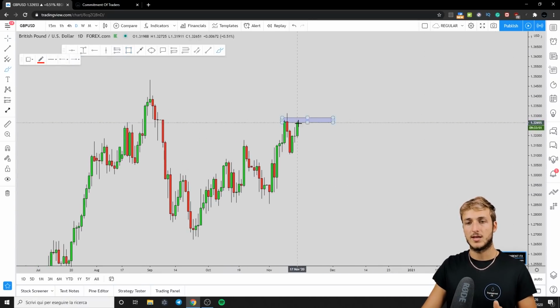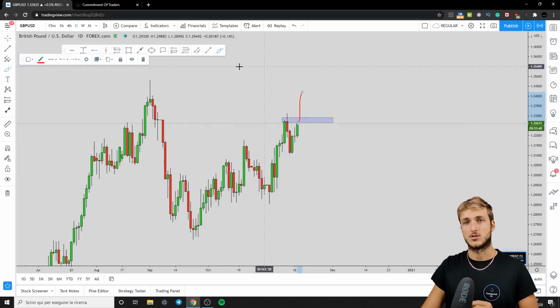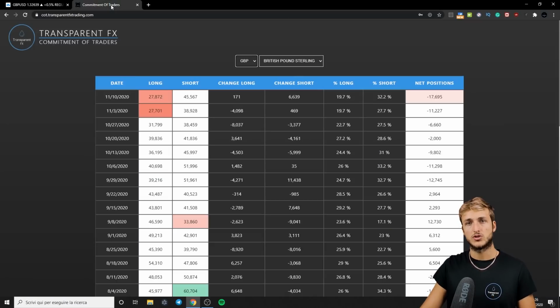So what we have here is the probability of creating either a double top or breaking the zone to the upside. So how we will be approaching these different situations and how we can be looking for the next opportunity on it. Now, before I show you that, let's first give a quick check at what we have